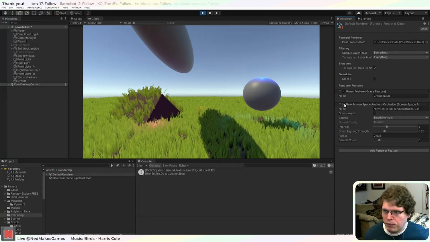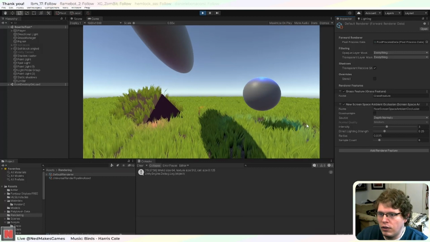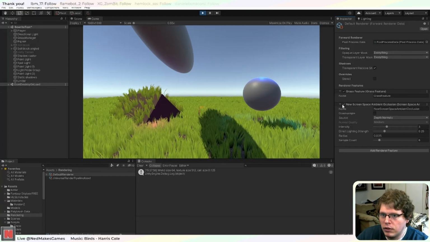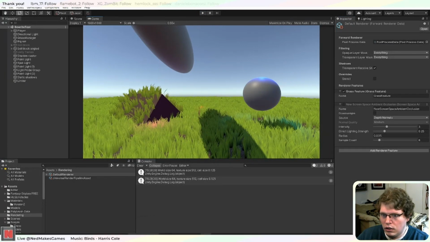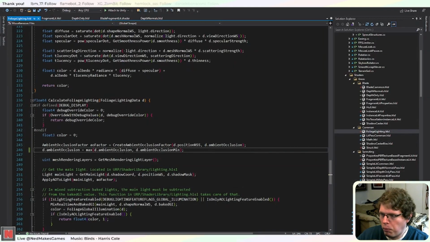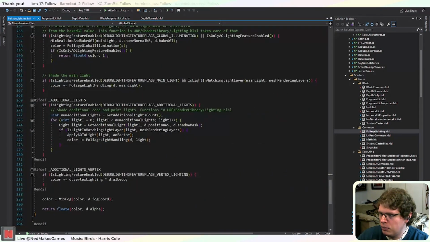I want to try to do a version that doesn't have tessellation because I think that would be quite a bit faster, but it's a little difficult. Anyway,